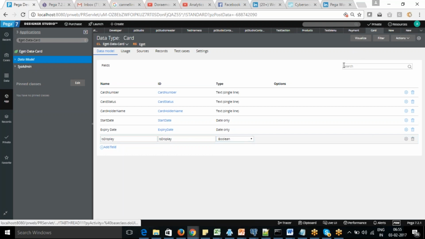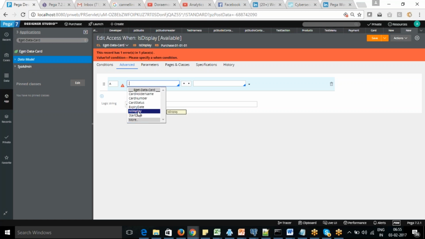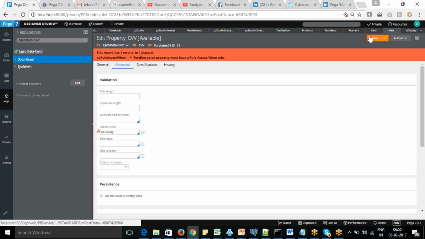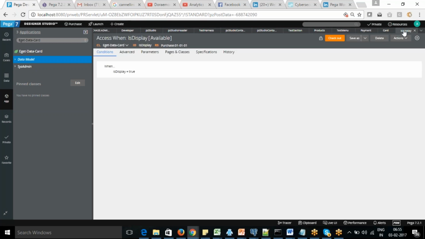I can use the same field here also, is display. Directly, if we say this is true, we are making that when condition true, and then we can display that field as well. So that's the property now created.